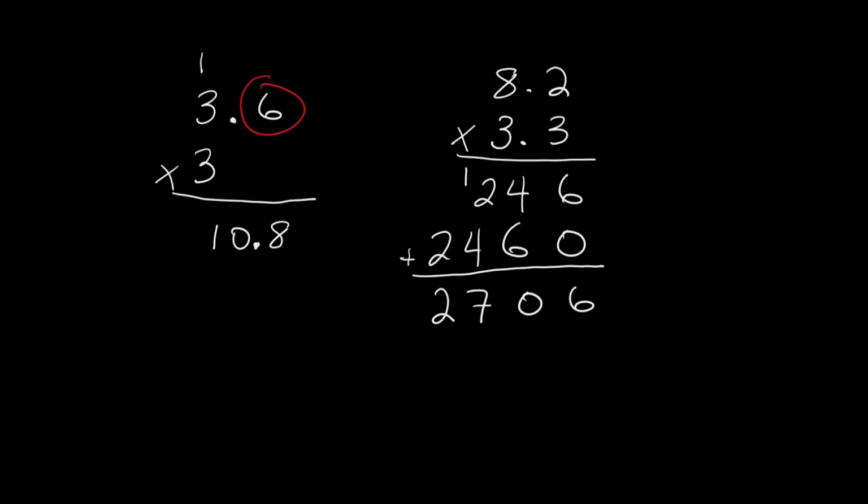Now that we found our answer, we need to put our decimal point. Again, we go back up here and we count how many numbers are behind the decimal point. So right here we have 1 and 2. So our answer should have 2 numbers behind the decimal point, and so our final answer would be 27.06. Now let's move on to another problem. And let's say we had